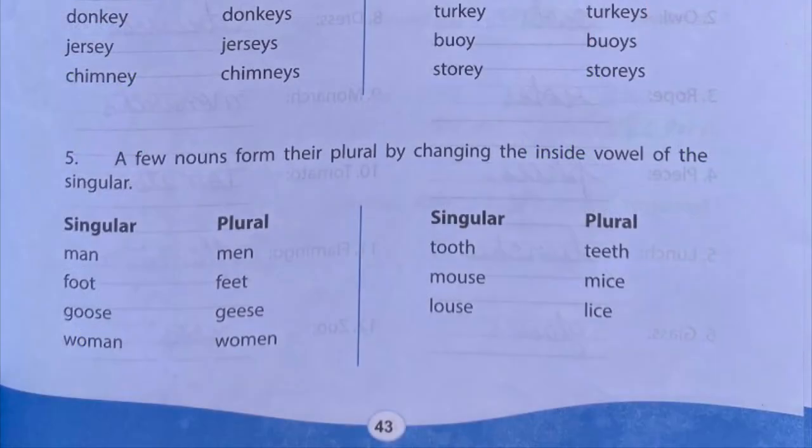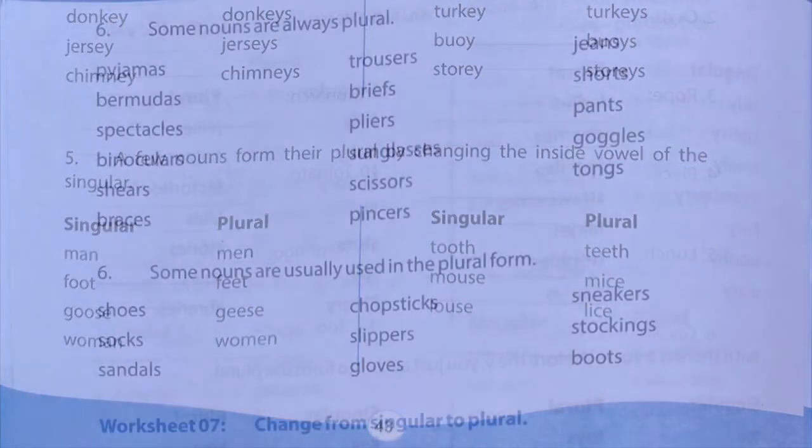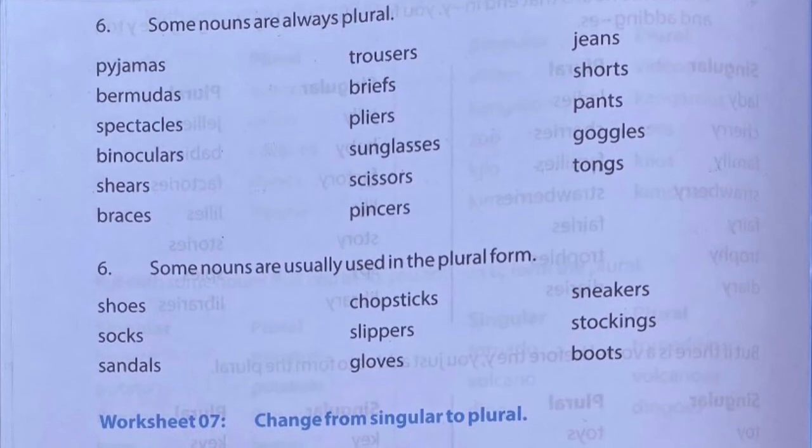And the same is given on page number 43. Man, men. Foot, feet. Goose, geese. Woman, women. Tooth, teeth. Mouse, mice. And louse, lice. Now please turn to page number 44, where